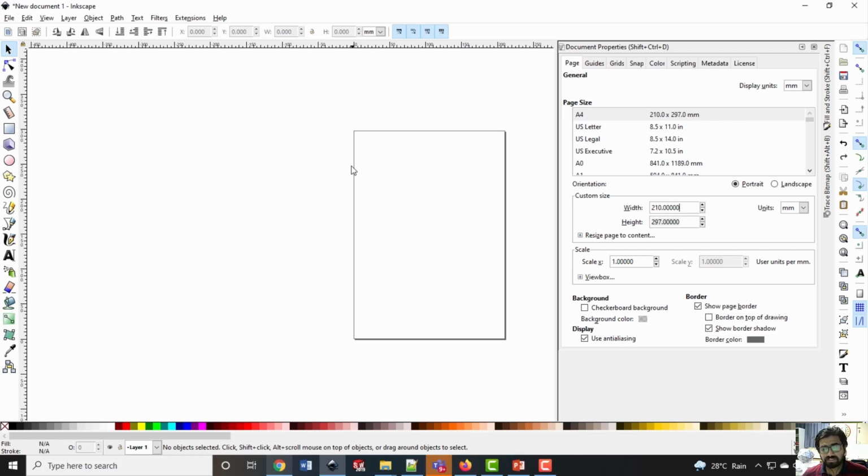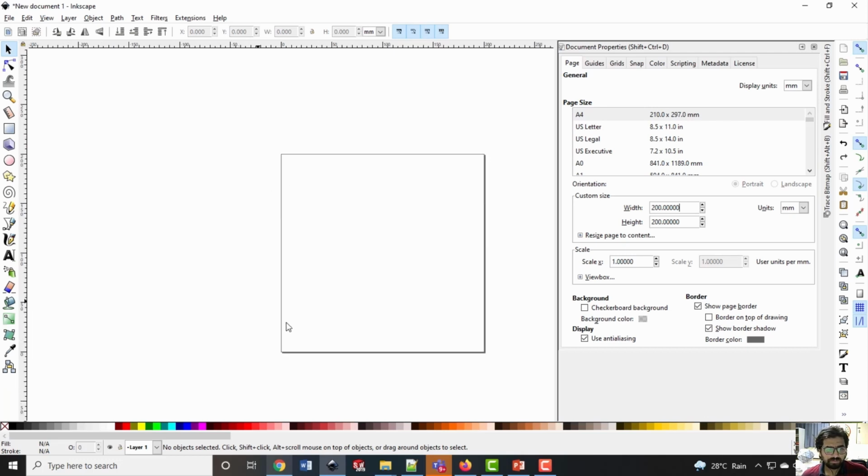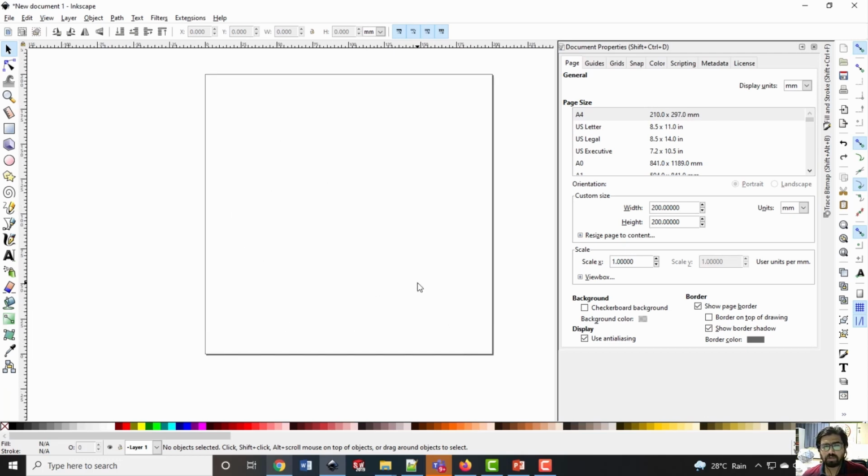Therefore, consider this page in Inkscape as the bed of your 3D printer. Assume that I have a 3D printer with a bed size of 200 by 200 mm. Now whatever strokes or lines along which I want to generate the G code should be within this range, wherever they are placed. And if I define 0,0 at a particular location, the G code will be generated with respect to that origin.